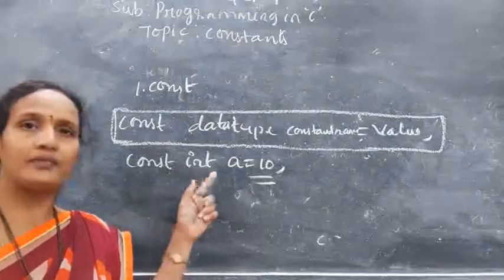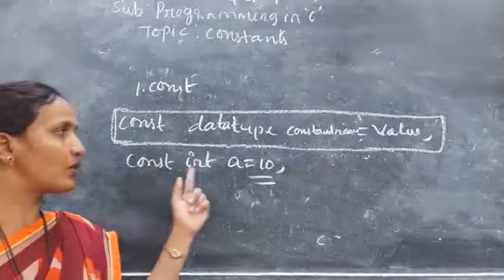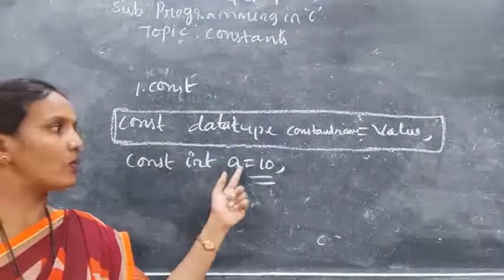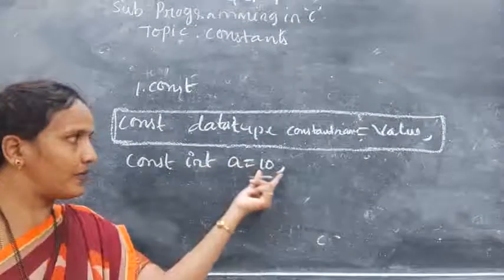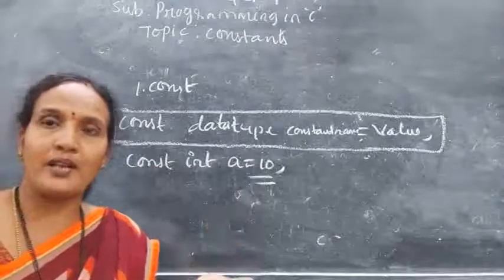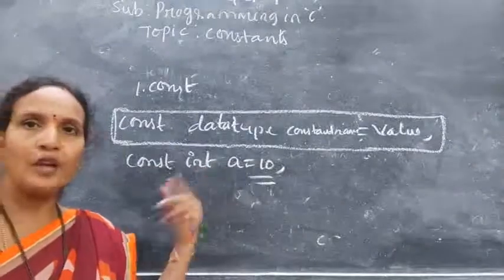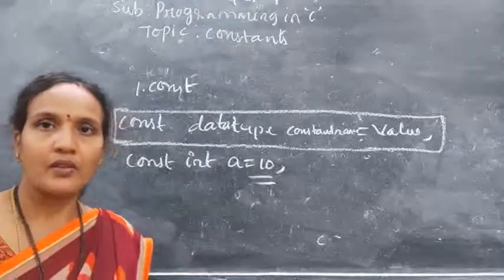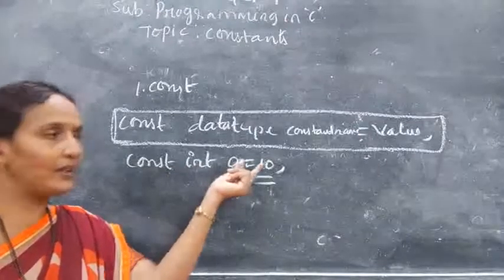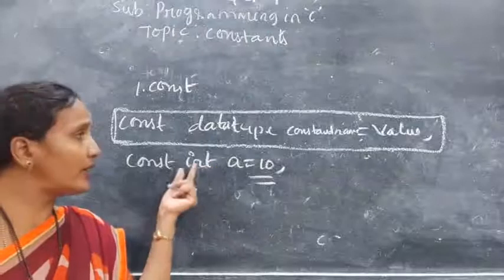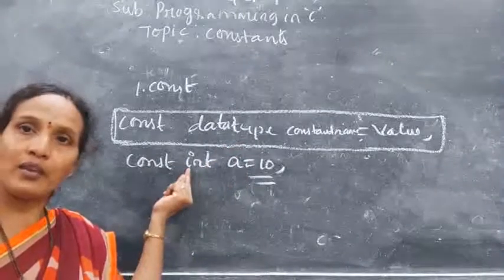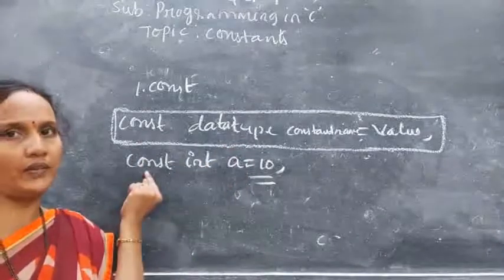See, here I have given integer. If you want to give a float, const float a equals to 10.5. Character, const char a equals to x. Only the data type and this value will change. These two are the same. The constant name is a user identifier. Here I have given a. If you want, you can give a1, a2, a3, a4. That is valid. So here, the data type is the type of value you are storing in the constant. Int a means in this variable I am storing an integer value, and whatever value I have stored is fixed. So that is why I have given const.